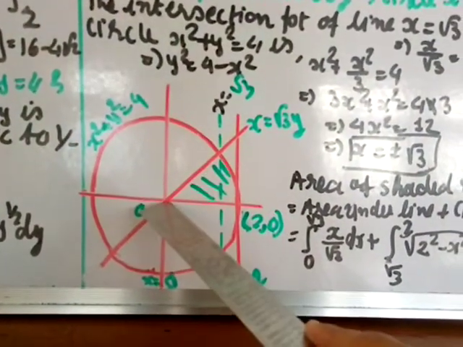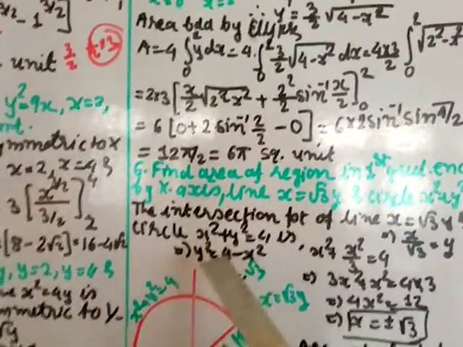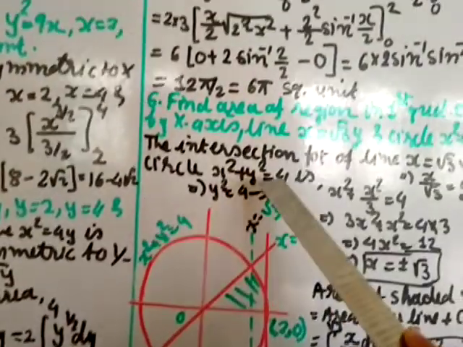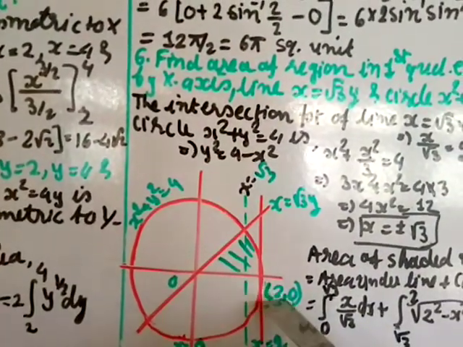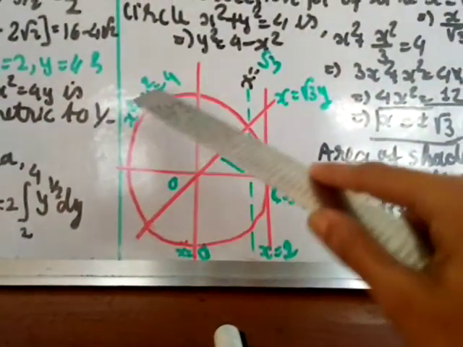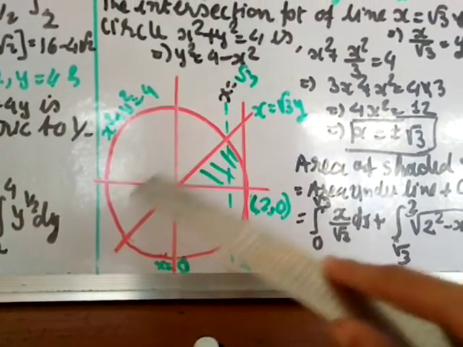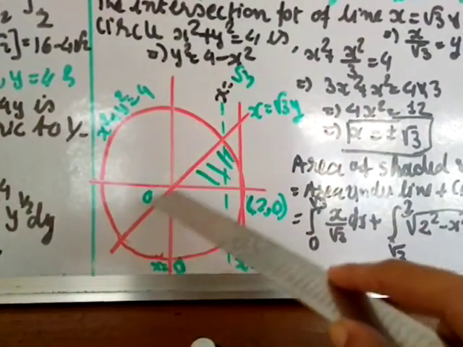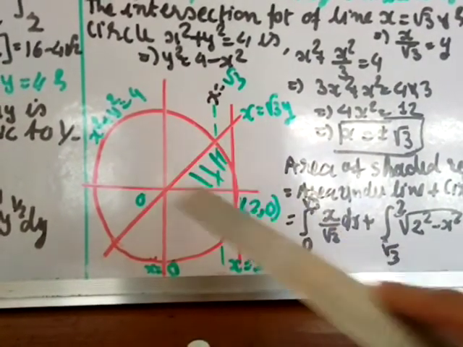Now see, this circle is x square plus y square is equal to 4, so the center is the origin and the radius will be 2, so from here to here will be 2. I can take this point as (2, 0), and if I draw this line, it is the x equal to 2 line. But I need the intersection point of the line and the circle, the common point for the circle and the line. Then I will divide from here to here plus here to here, so we have to divide this integral into two parts.